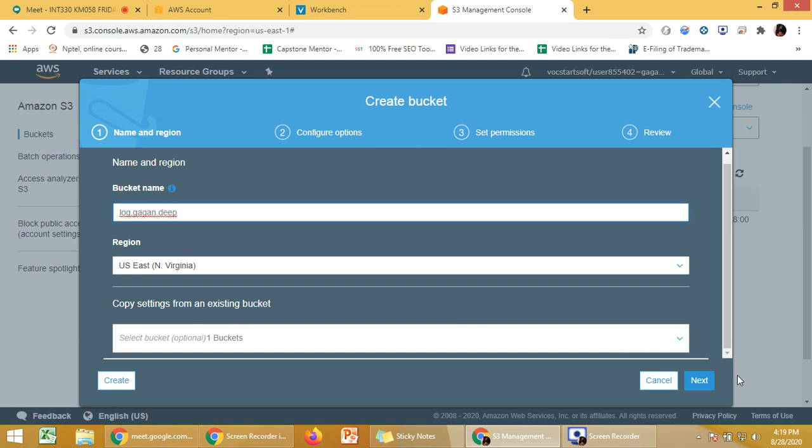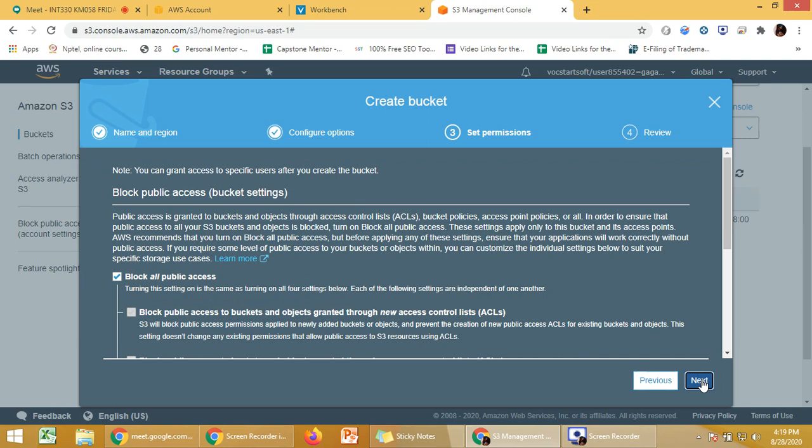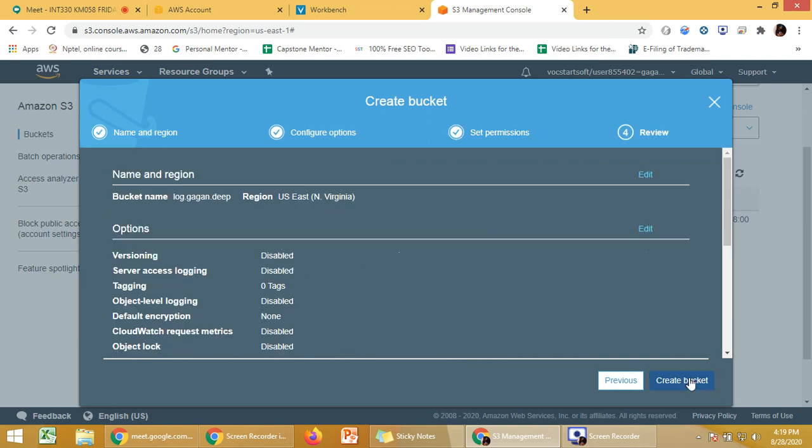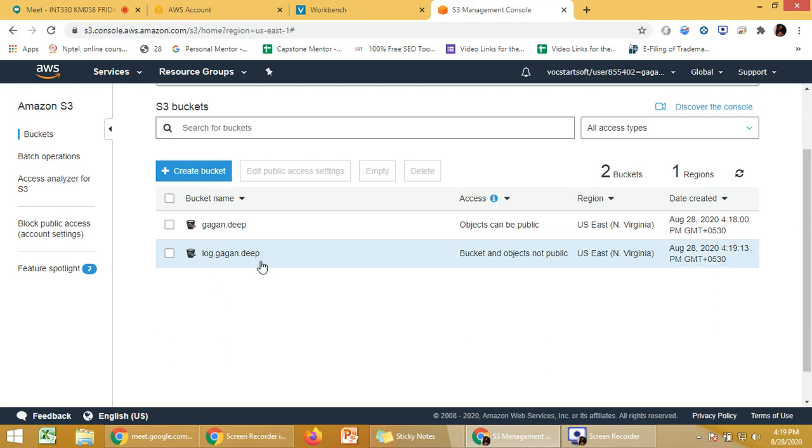Then simply we can create this bucket without even making it public. We don't need it to be public, we just want it for storing the log files. So this is the second bucket which we have created.